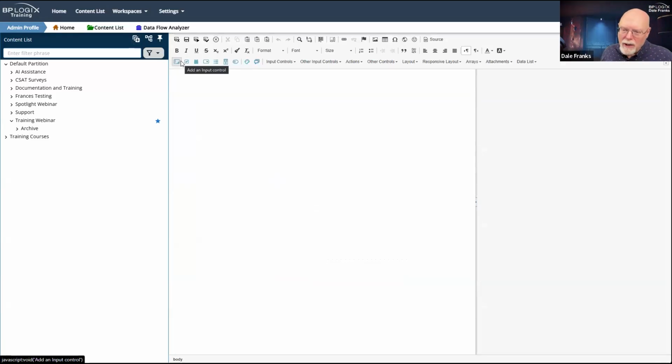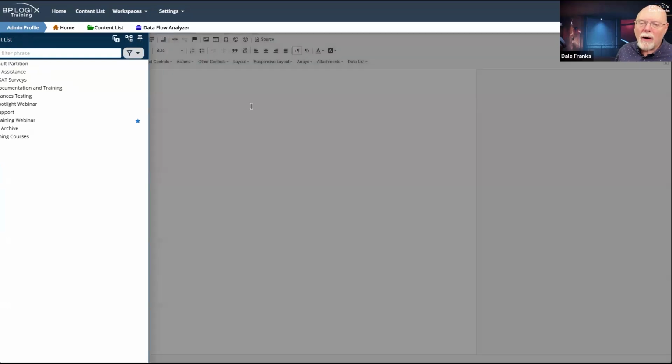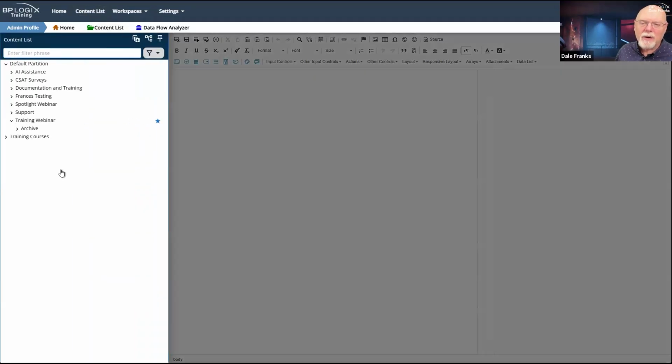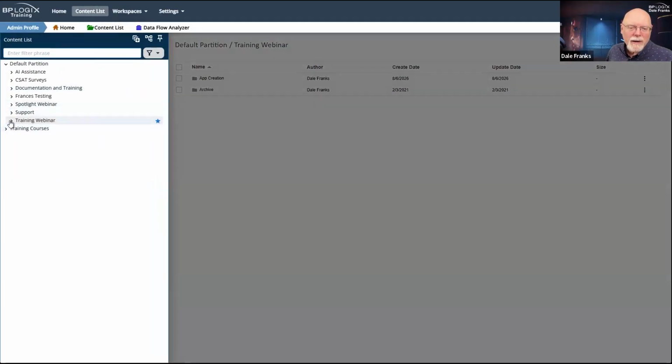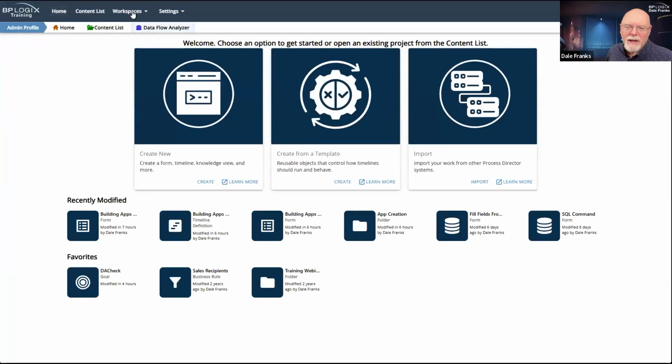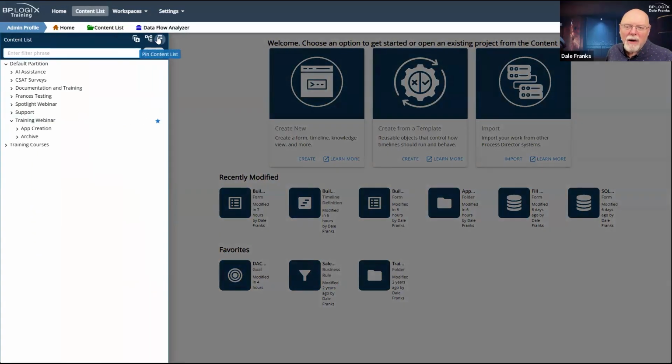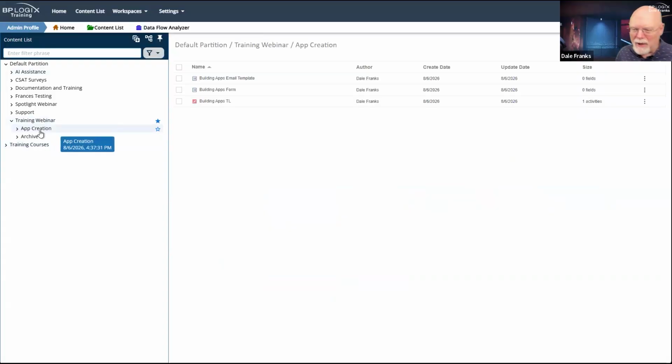So the very first thing we need to talk about when editing the form are the fields that we need. Now, as we saw earlier, what we have, and I'm going to close that and I'm going to try to reopen that. All right, you know what we're going to do? We're going to refresh the entire page. I am a little irked as to why my content list is not showing me that app creation folder, which I really want to see because it's going to make moving around and navigating a lot easier for me. Now, I'm not sure why it wasn't showing it, but now it is. And so I've got my app creation folder.